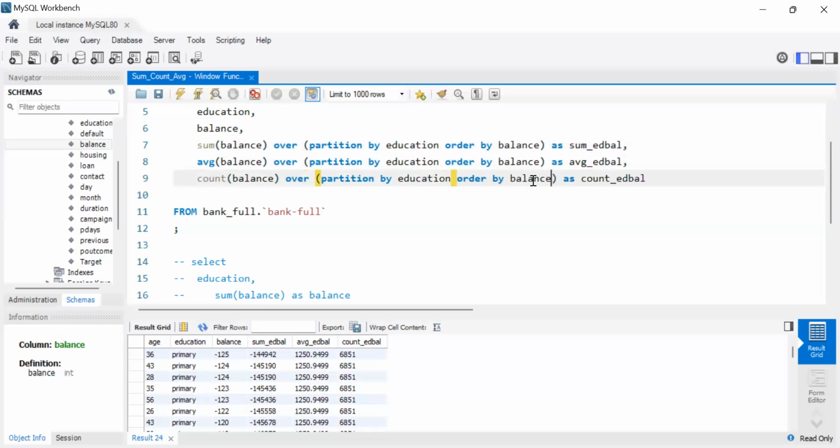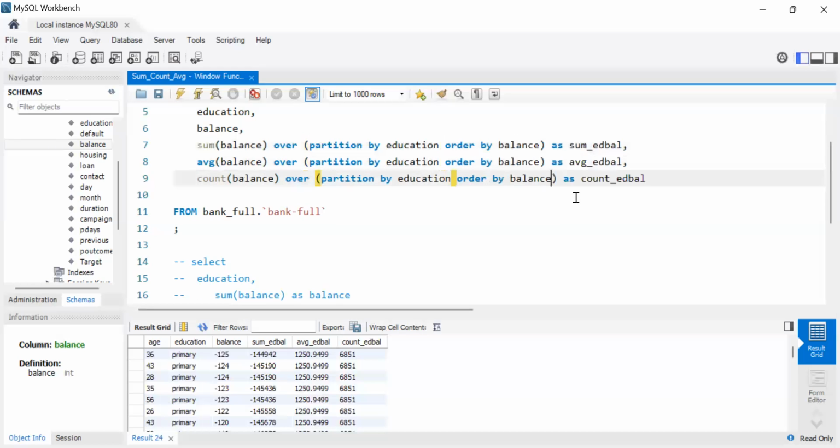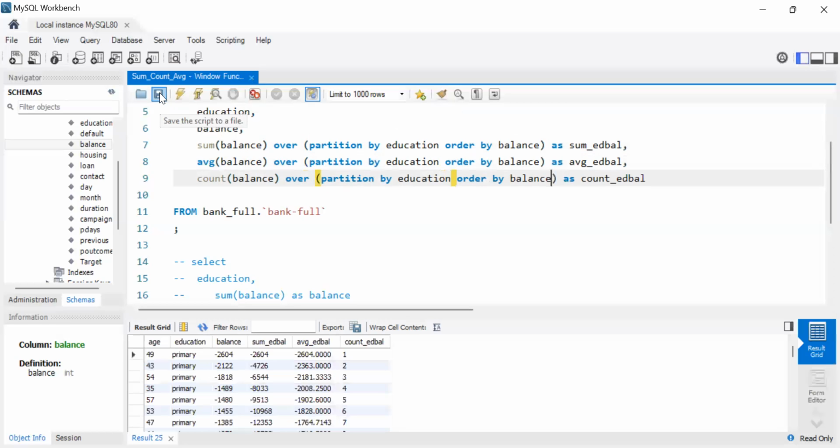Order by is in ascending. Okay, this makes more sense. So order by is normally ascending by default, from the smallest to the highest. So if we do order by balance, when we do descending,